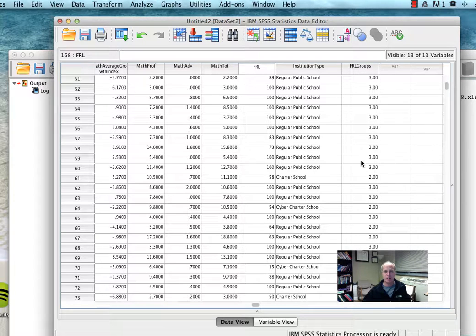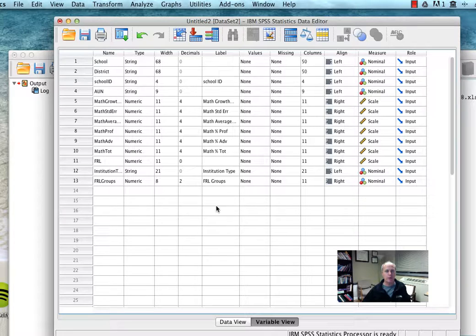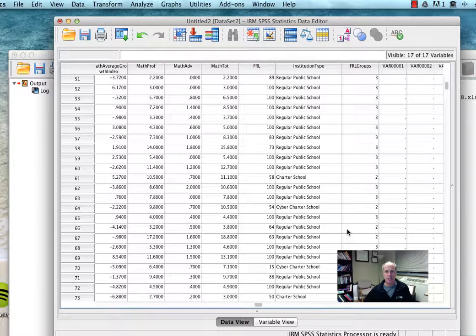Alright, notice I've got the decimal place here. There's quite a bit that you can and should be doing with the variable view. One of the things is setting the decimals to the level that you find useful. So if I set that at 0, it's going to change that to just regular